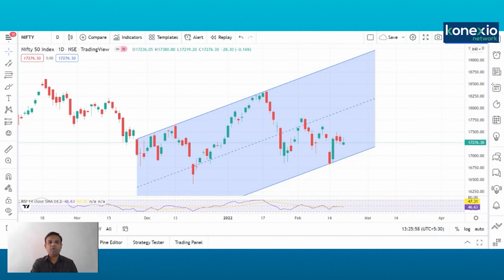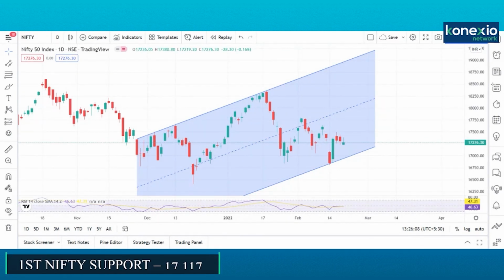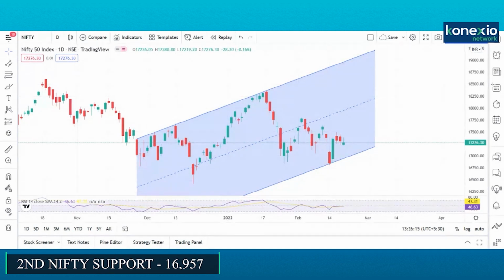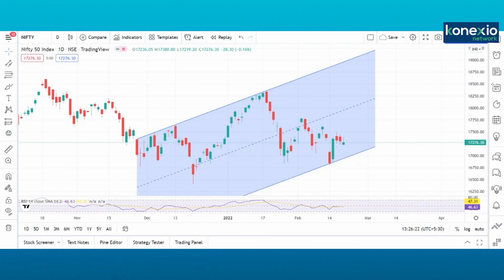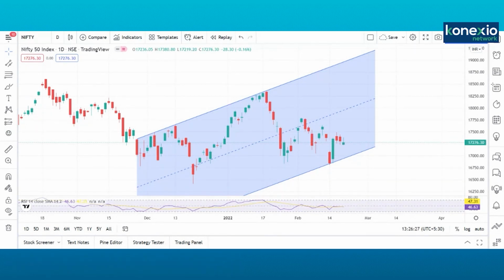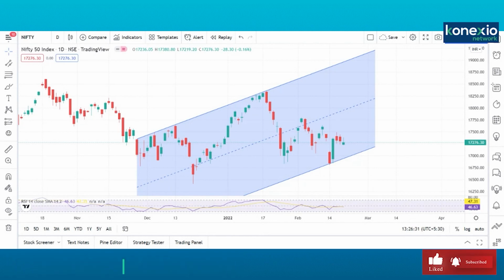Now let us discuss the important supports and resistances in the Nifty for the next week. The first support is placed at 17,117. The second support is placed at 16,957, and the third support is placed at 16,770. Whereas on the upside, the first resistance is placed at 17,380. The second resistance is placed at 17,500, and the third resistance is placed at